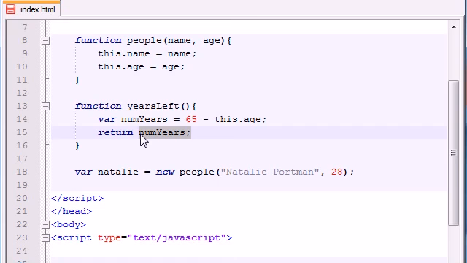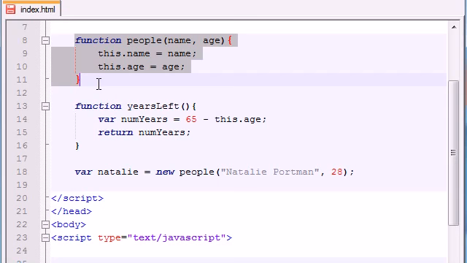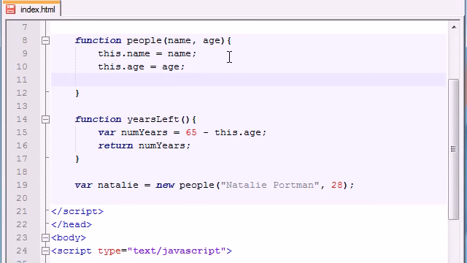Simple enough. But saying, alright, here is the blueprint for the object, so how does this object know to use that function? Well, it doesn't just yet, so that's what we have to do in this next line of code. In order to tell this object that we want to use this function, or in order to tell it that this function is not just a random function, we actually want to associate it with this object. Here's what we need to do. Just like every other object property, you go ahead and assign this dot, and then you write whatever you want your property to be named, and just go ahead and put